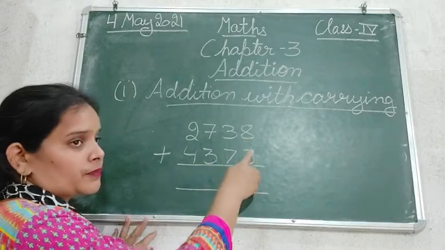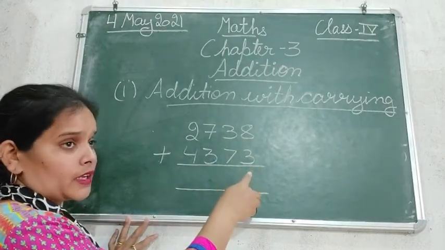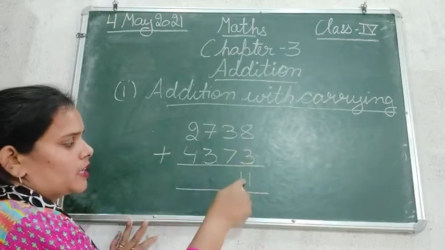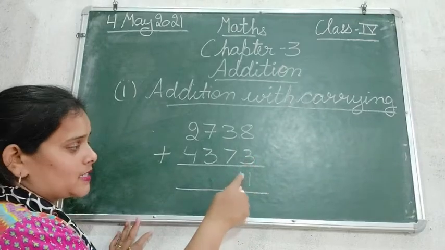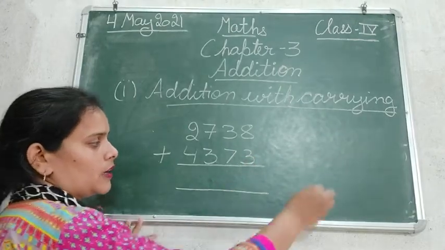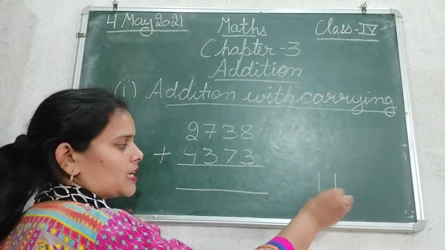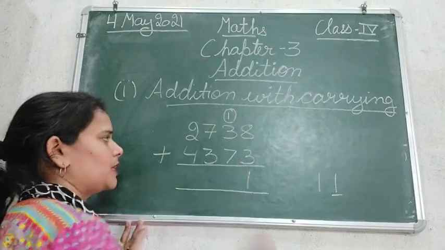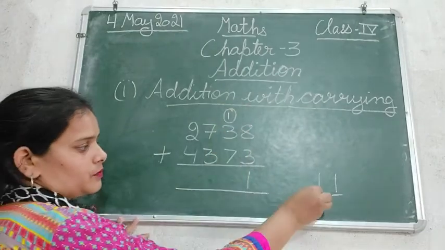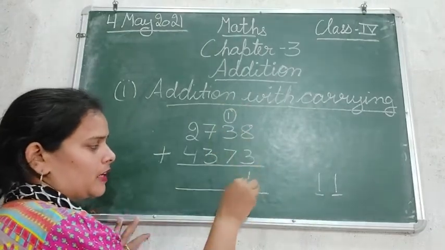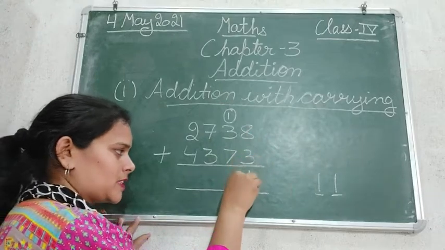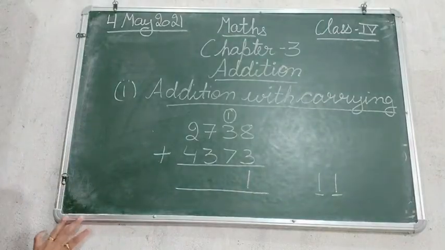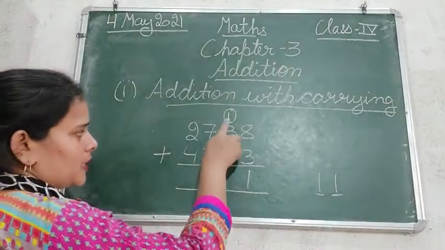8 plus 3. 8 plus 3 is 11. Okay, we can't write 11 like this. 8 और 3 को जब ऐड करेंगे we will get 11, but we can't write it like this. So what we do is, if we are having 11, the last digit we will put here and the front digit we will carry here. इसको हम यहाँ लेके जाएंगे, this one. So the digit at the ones place will remain here, whereas the digit at the tens place, that is also 1, will carry to the next number.